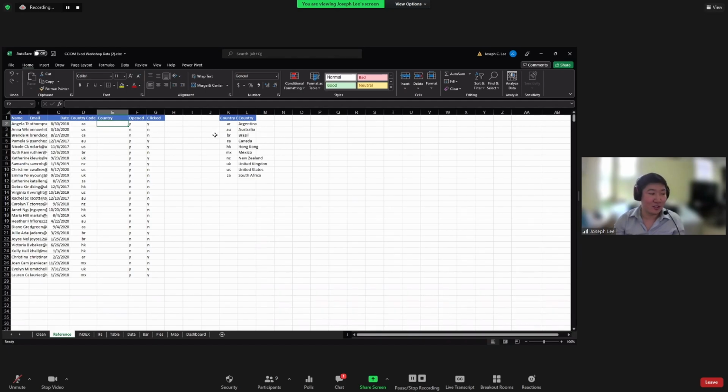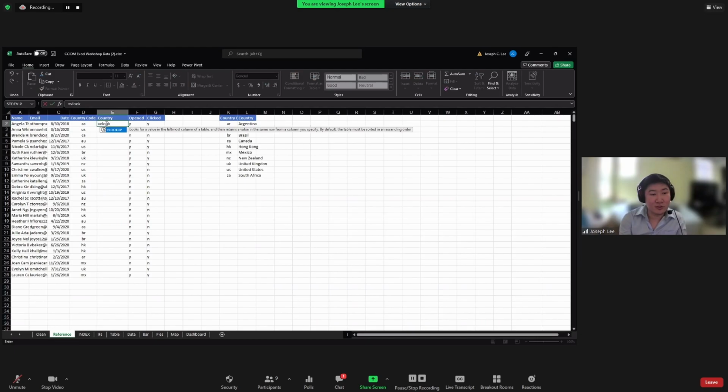A lot of teachers and professors use it to assign letter grades to their final scores. And in this example, we're going to utilize this to get the actual country name based off their country code. So what we're going to do is click on the cell right here. We're just going to type equals VLOOKUP,